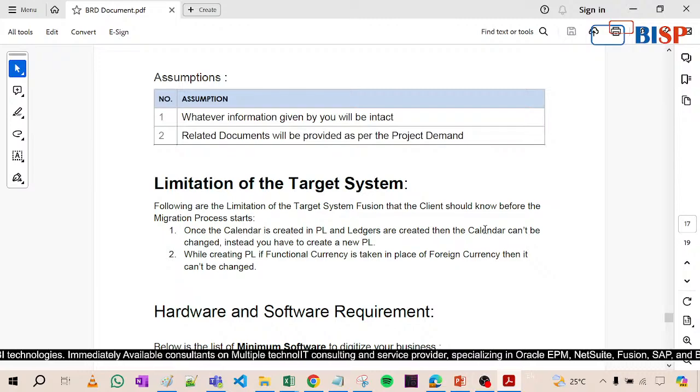Limitations of the target system. Yeah, limitations of the target system, we also have to write. Once the calendar is created in the primary ledger and ledgers are created, then the calendar can't be changed. So we have to define it very clearly in our BRD to the client, that give us each and every